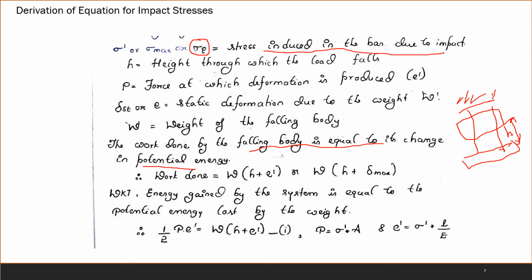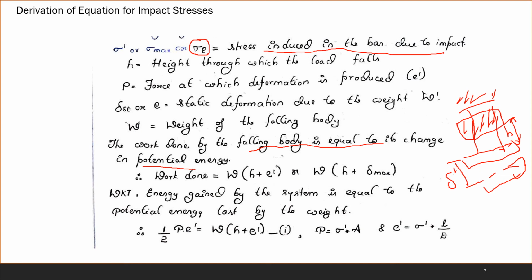Therefore initially the load has a certain potential energy, which gets transformed into kinetic energy as it falls down. Now when the load impacts the collar and the beam gets deformed by a distance delta,